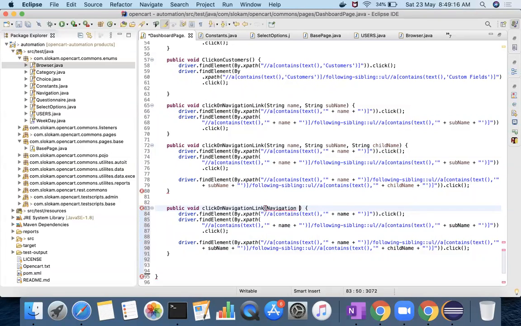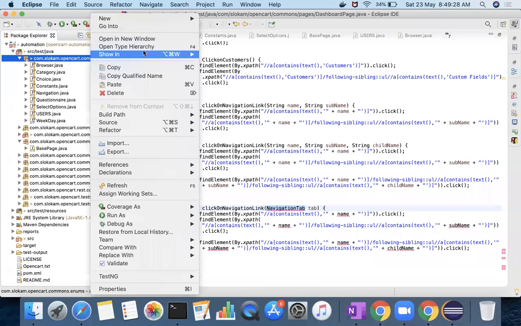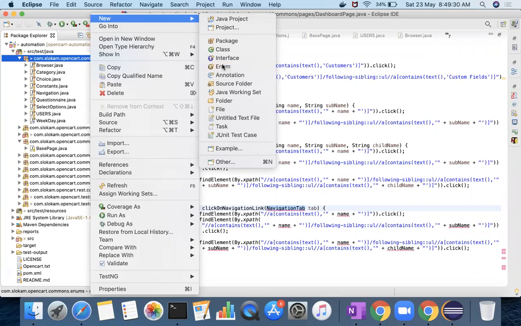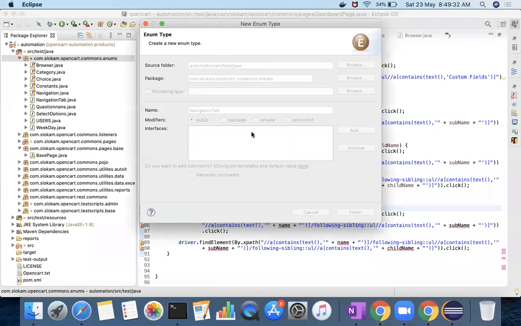Navigation tab. So this navigation tab is an enum which I'm going to define. Right click, new enum, navigation tab.